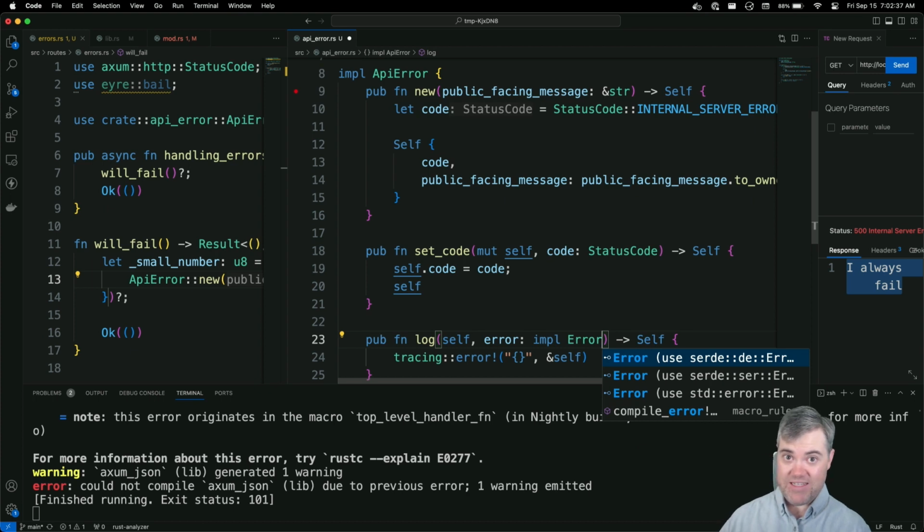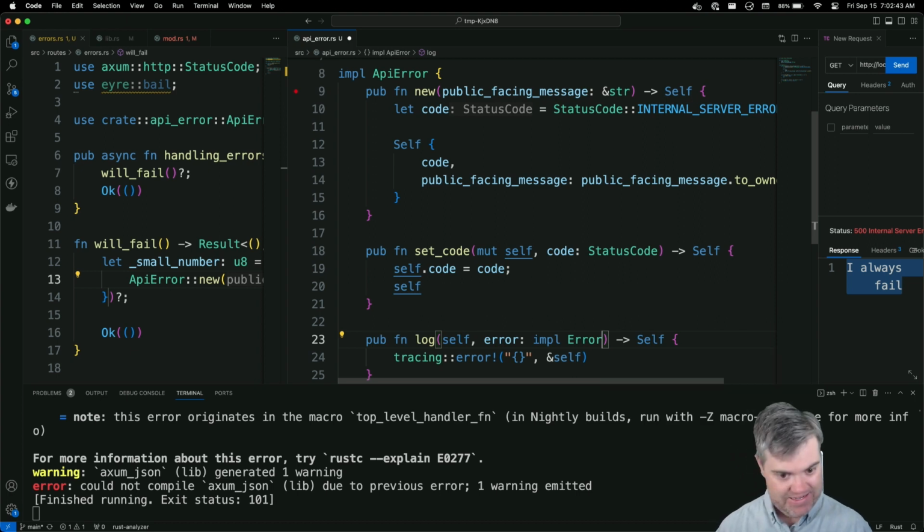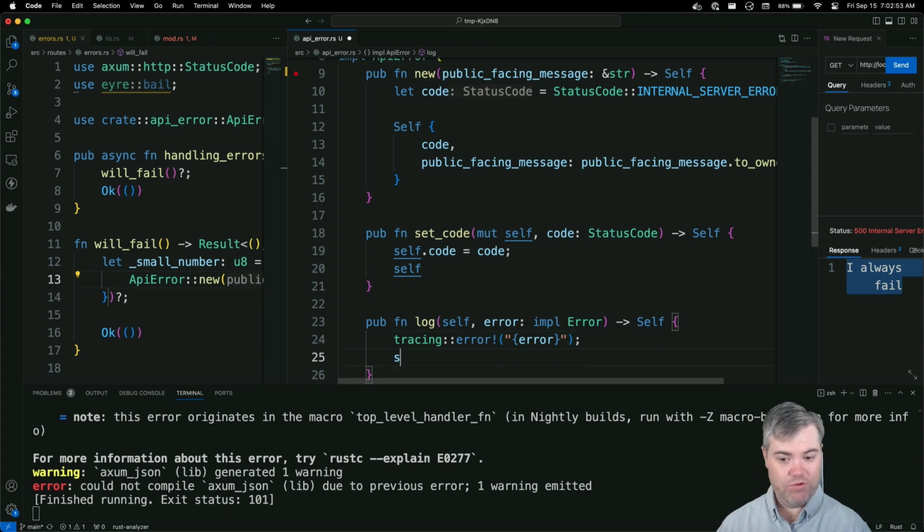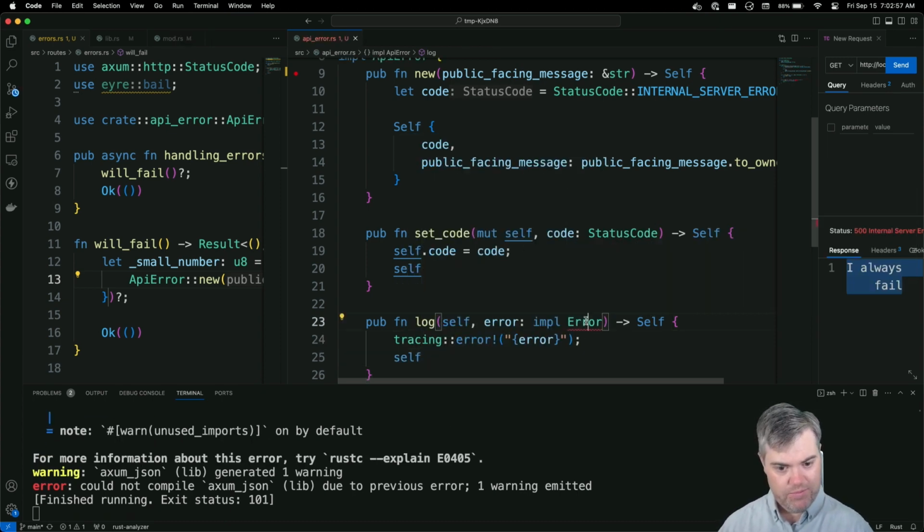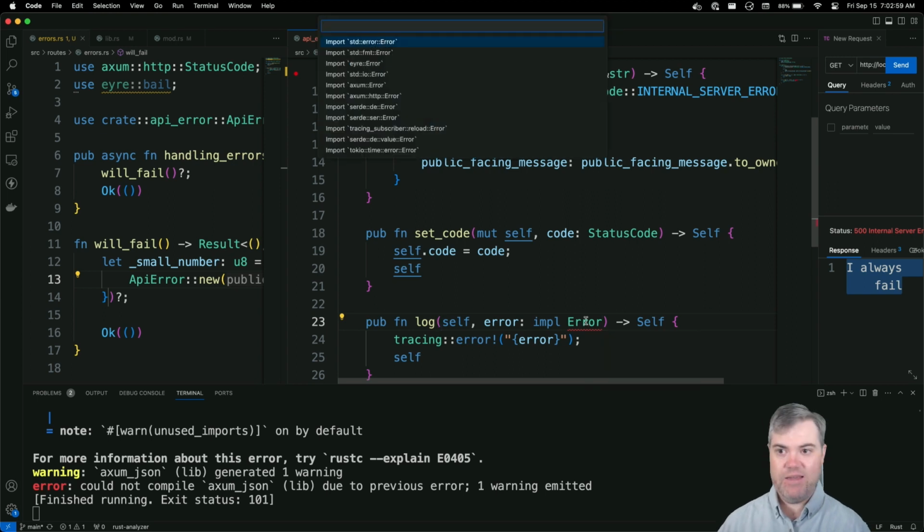The Error trait being something that we consider a real error, which ApiError isn't a real error yet. We'll get there. Okay, so then I want just to trace out that. And then we'll return self. Implement Error, yeah, we need an import for Error. This is going to be a standard error.